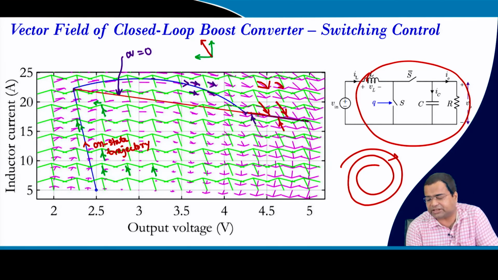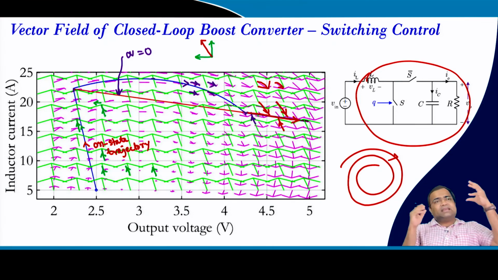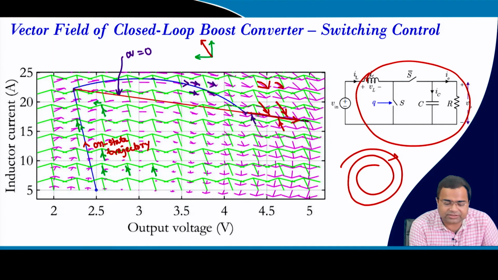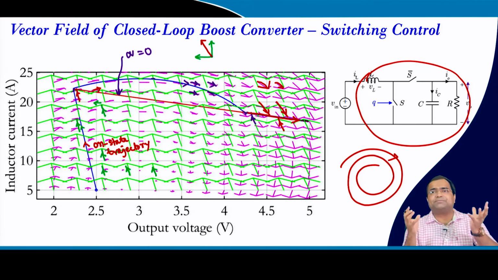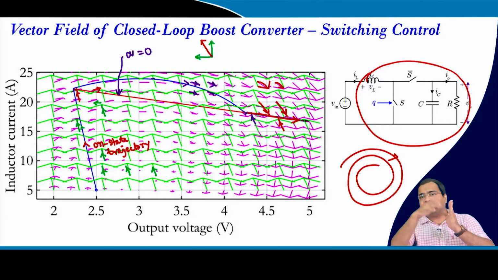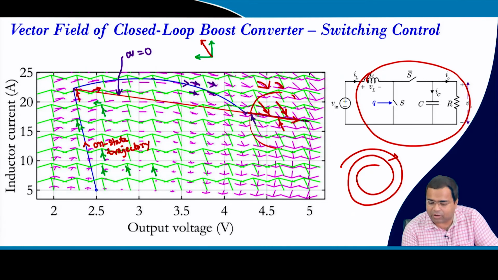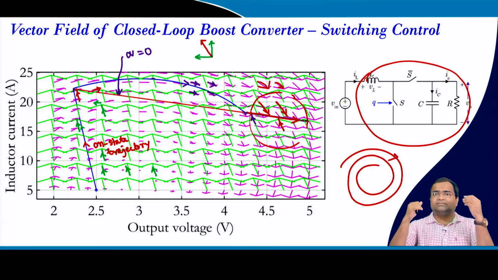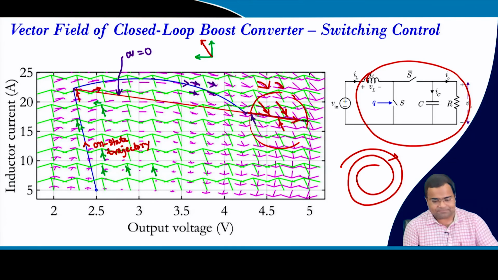So, as a result, the trajectory will move along this path, because on either side the trajectories are towards the surface. But if you see here, the trajectory is going out in the off state and going away, and the on state is coming in. So, this is something called a refractive trajectory, where on one side the trajectory is coming towards the surface and on the other side it is going away. And this is the reflective case, where the sliding motion exists, and we will discuss reflective, refractive as well as rejective trajectories in the subsequent lecture.